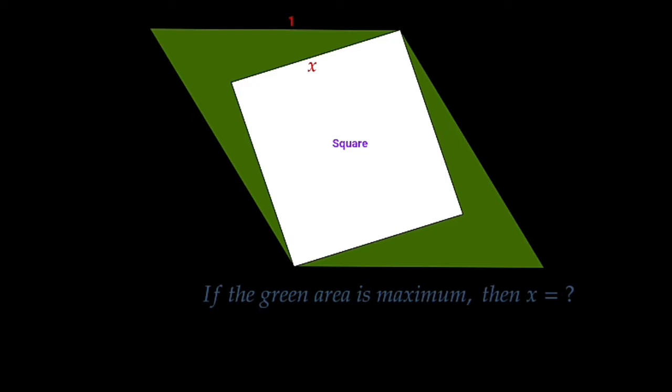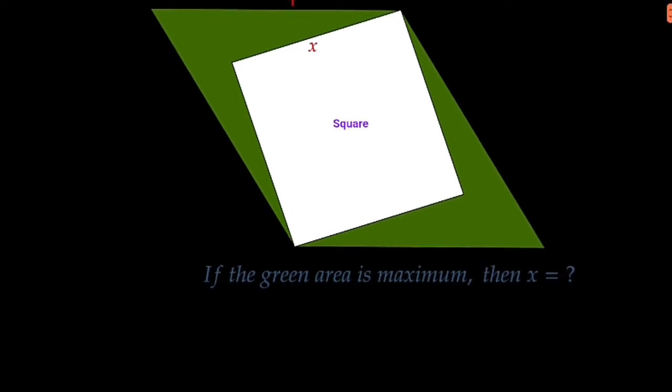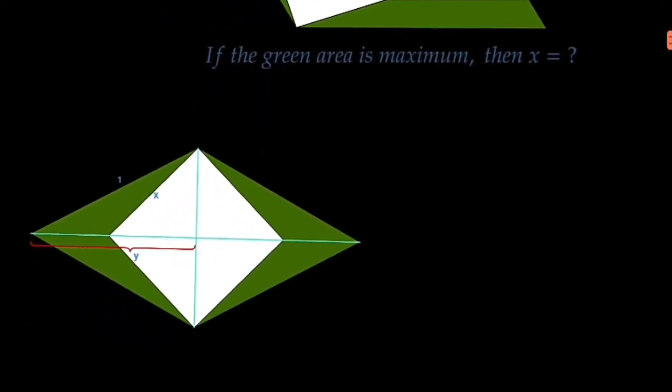For that, let us take the same figure and rotate like this. Okay, I have rotated the figure like this. From this, I am going to take some calculations. Let us take this value as x by root 2 because the diagonal of a square is root 2 x. This is also going to be x by root 2.